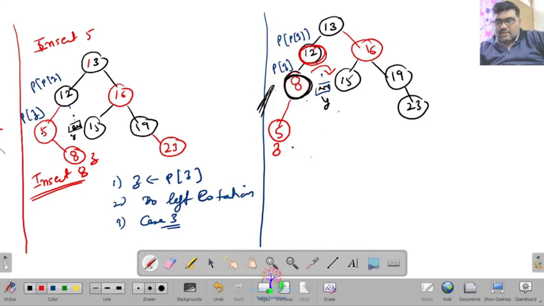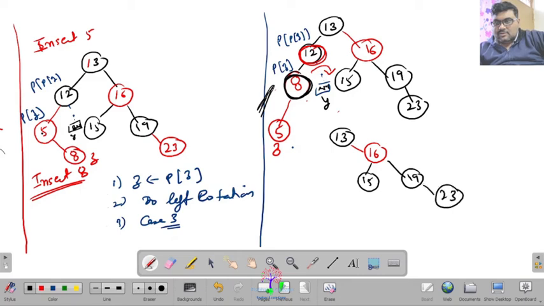So when we do this, it will become 13 is there, their left child will be as it is. So let's draw first, there is no change in it. 13, 19, 23. 23 is red in color, sorry.